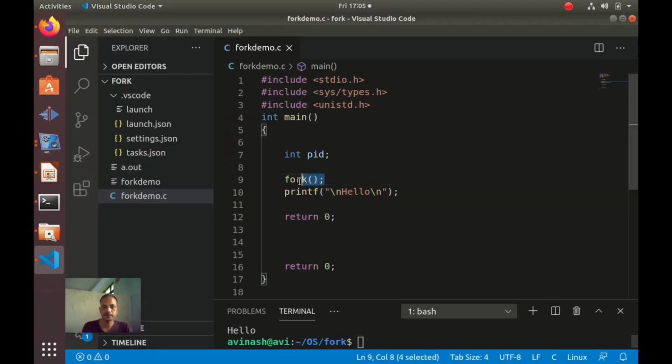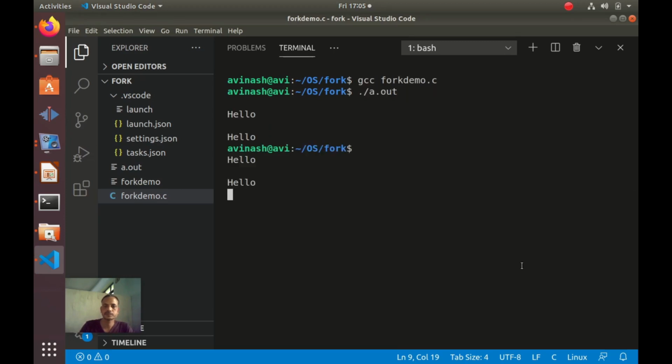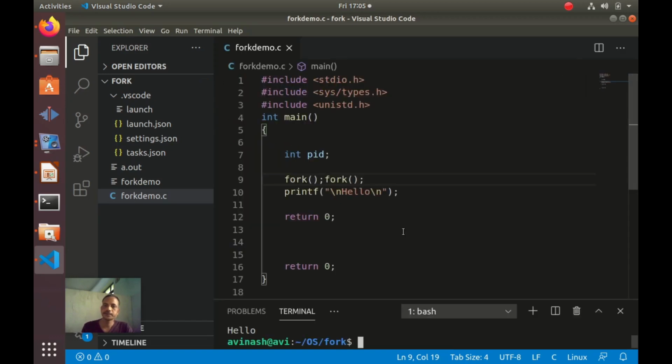Similarly, add one more fork system call here and check the output. One, two, three, 4.